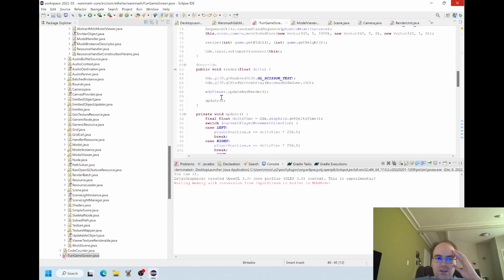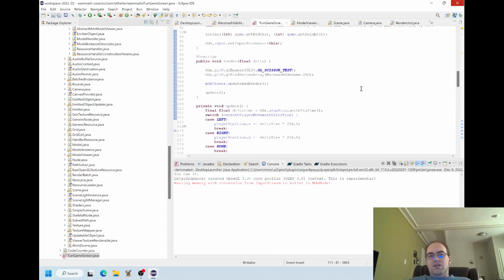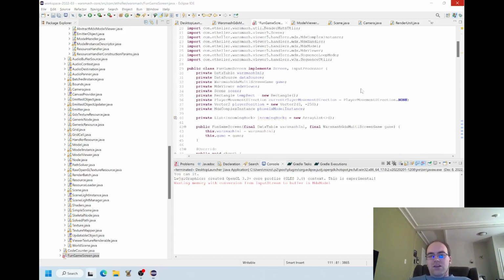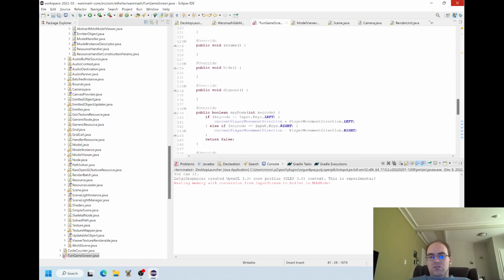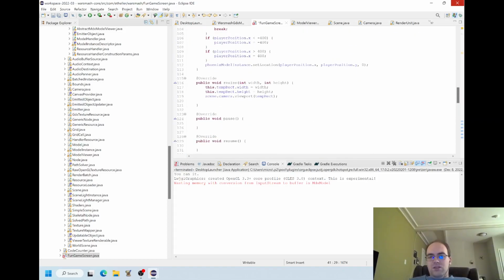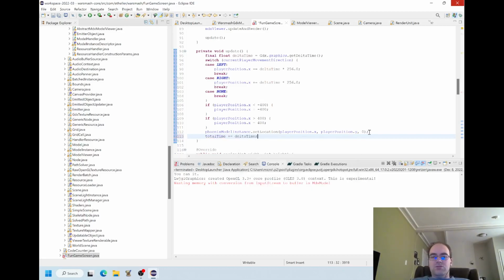I would say when we update, why don't we have a constant factor, a total time maybe, that is going to be constantly increasing. So basically, whenever we update, total time increases by delta time, that time that had passed between frames.